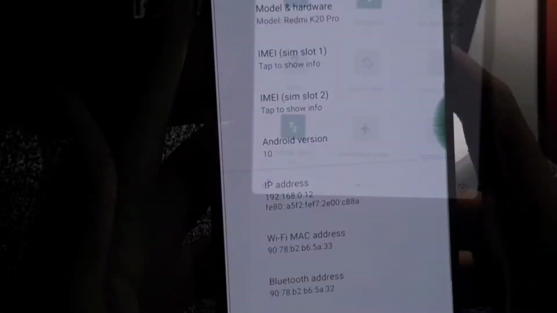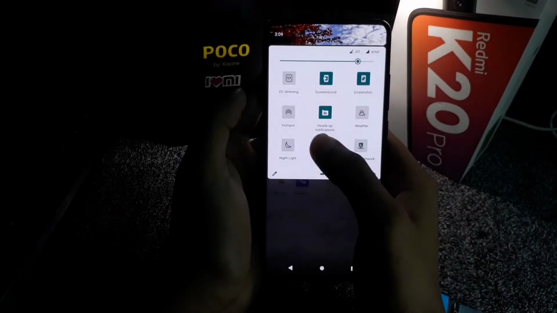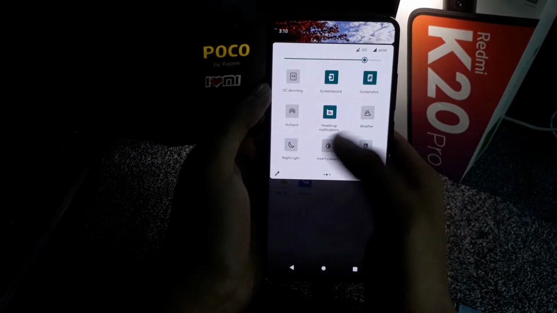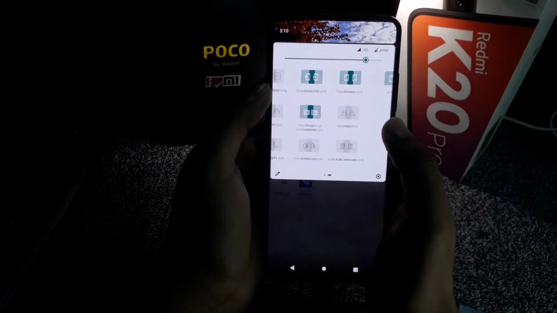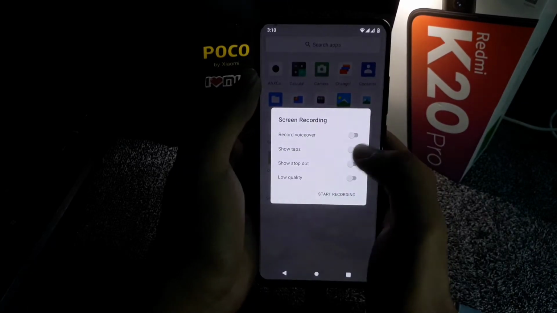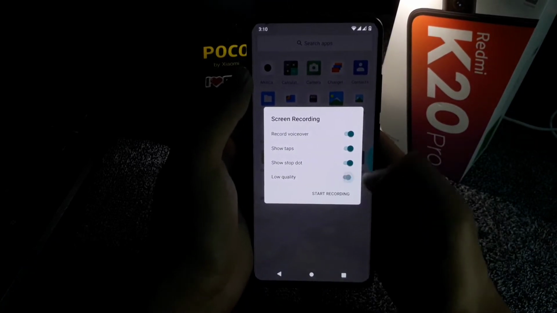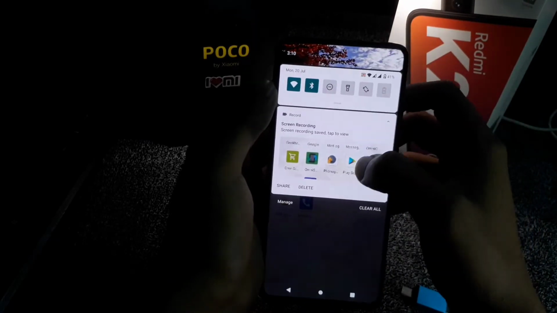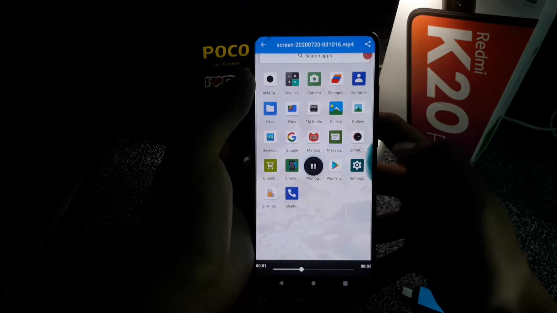Now let's see the status bar and the tiles. Here we don't get to see anything special on the tiles bar because this is a basic AOSP-based ROM which is used for a daily drive. But on the second row we can see an on-screen recorder. With this you can record your screen and record games at 60 fps. So these are the basic things given, there is nothing much to show.